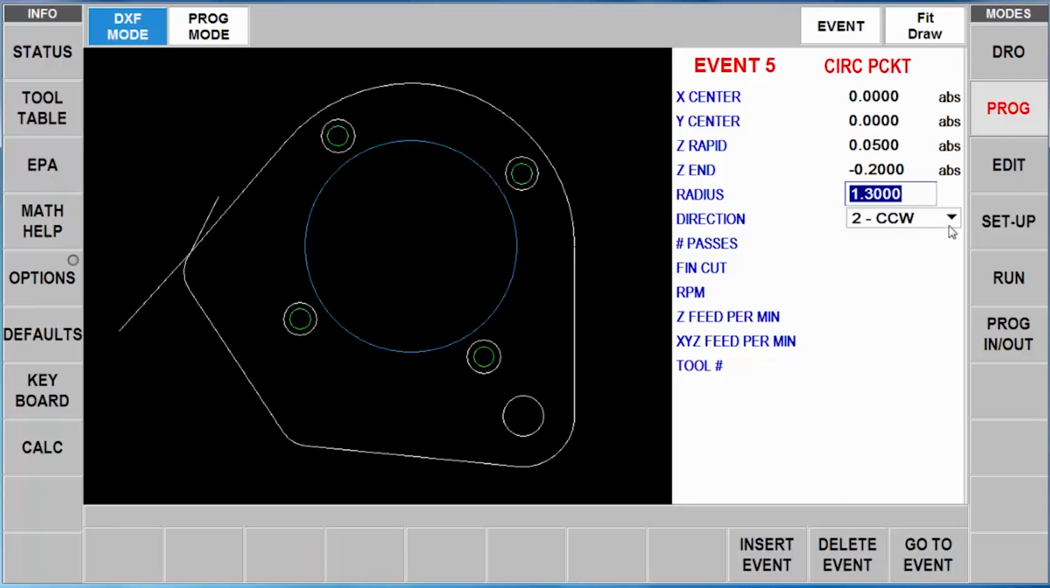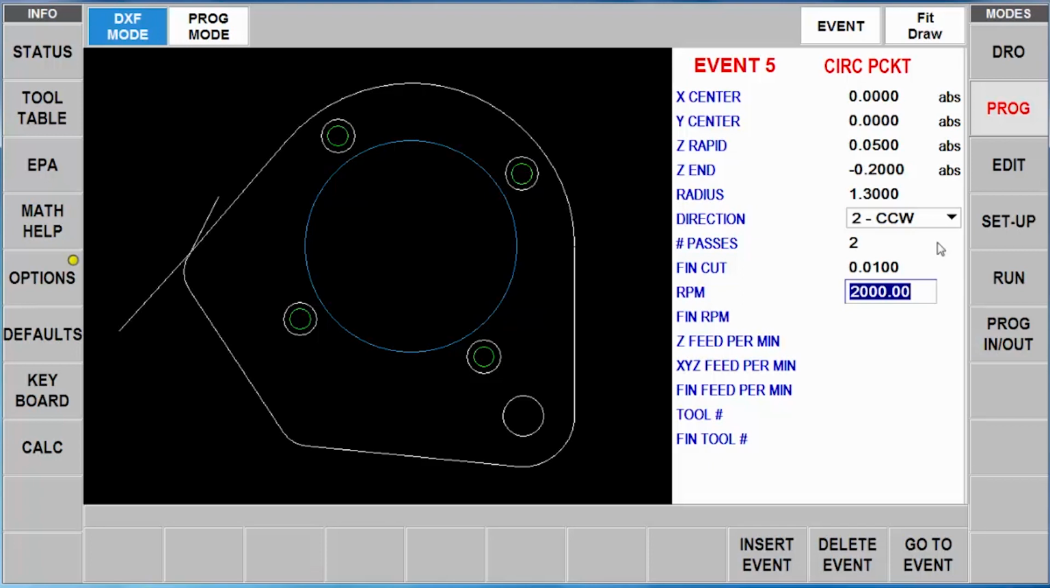I have my drop-down menus, whether I want to climb mill or conventionally mill, or I can use 1, 2, the same way I would in an older version of the ProtoTRAKs. Number of passes I want to have, finish cut I want to leave, and then my RPMs. If I want to use the same one that I had before, it will remember that. If it hasn't been filled in yet, it'll leave it blank. Whoops, made a mistake there. Right, my feed rates